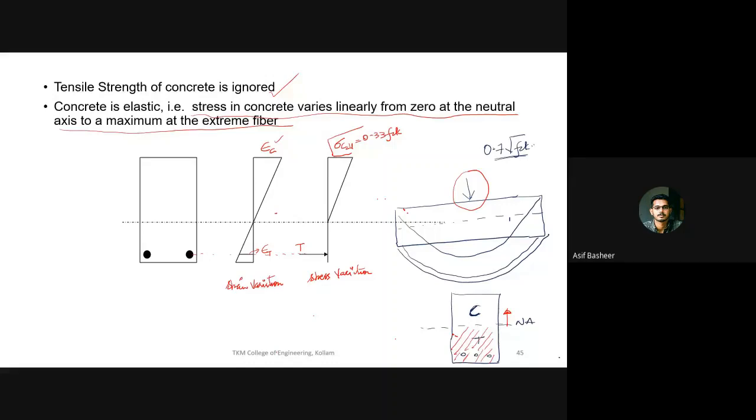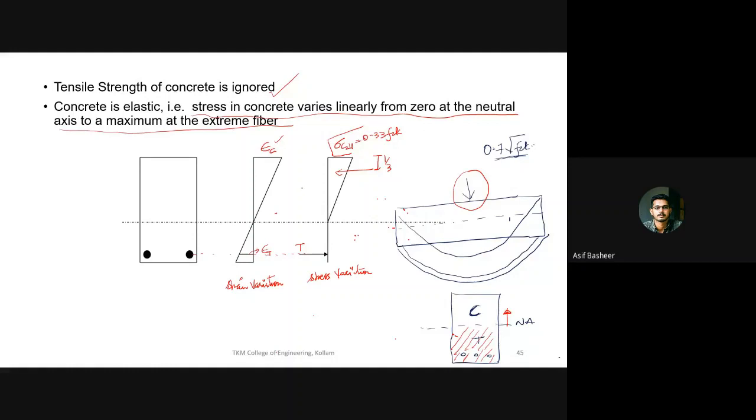That is, if you have fck as the characteristic strength, then the allowable is only 0.33 fck. As an example, if you have fck as 100 Newton per mm square, that much is the capacity of your concrete, but you will consider only 33 Newton per mm square as the maximum stress carrying capacity of your concrete, and this will be acting at a point 1 by 3 of your neutral axis.